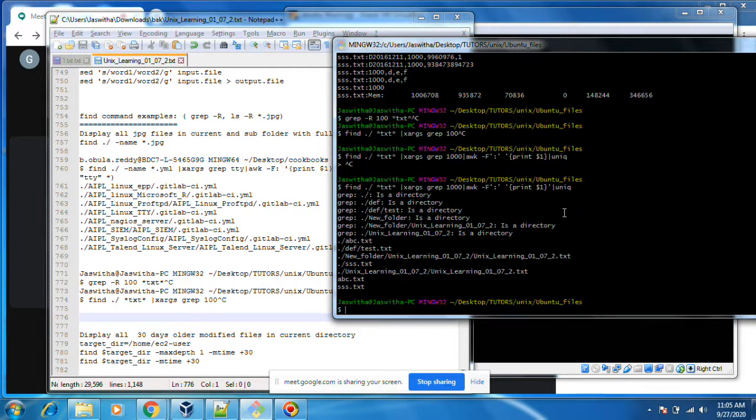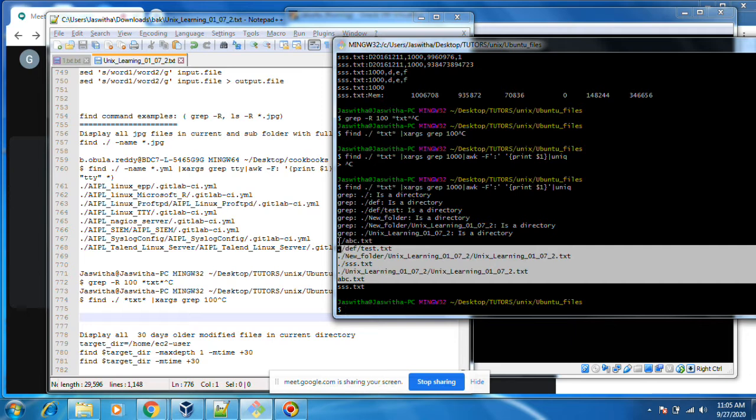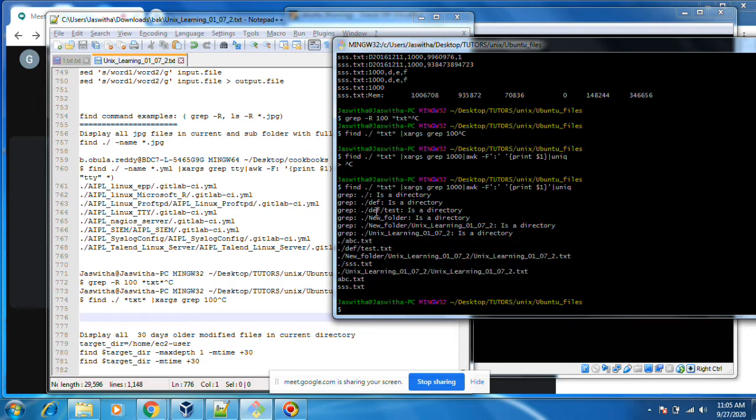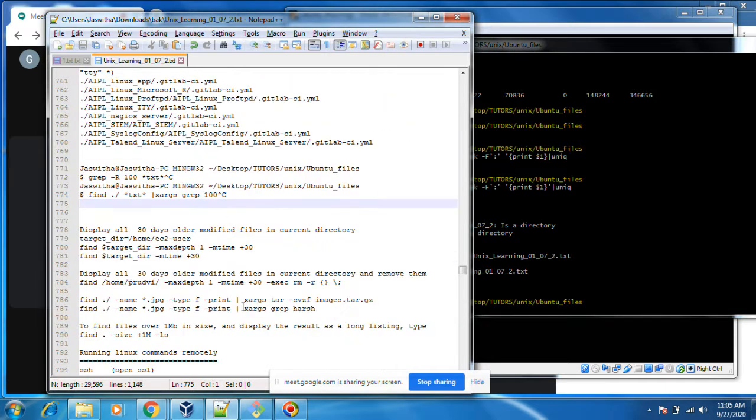I got the result. Wherever the 100 is there, I got those files, only txt files, showing which file has this 100. Okay, in this directory, I want to display.